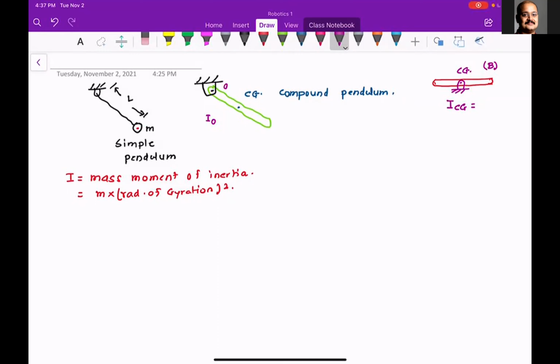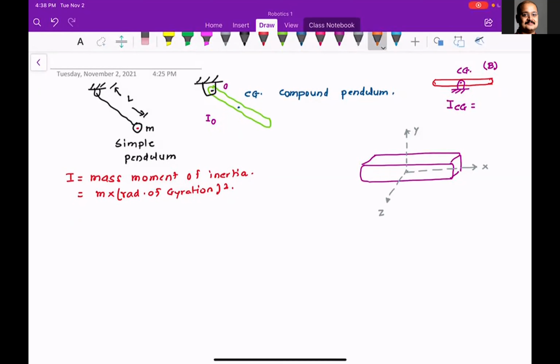Let's try to take an example of a body which can rotate in 3 dimensions. So what I want to say is, let's think about an object that can rotate in 3 dimensions. So what we have is this slender rod, and I'm going to show you the CG of the slender rod. CG of the slender rod is somewhere over here. So this is X, this is Y, and I'm going to call this Z. This is the right hand coordinate system.